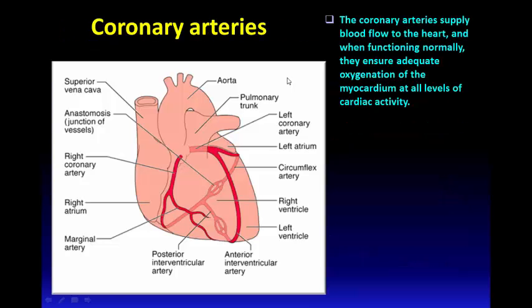The coronary arteries supply oxygenated blood and nutrients to the myocardium, and when they are functioning normally, they ensure adequate oxygenation of the myocardium at all levels of cardiac activity, in resting conditions as well as during conditions